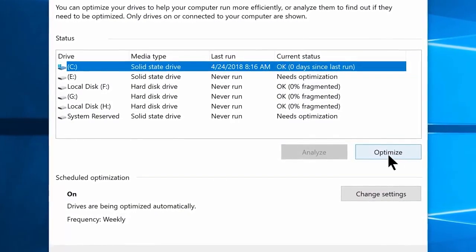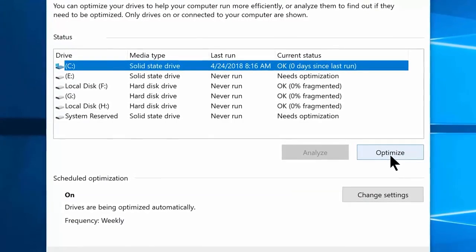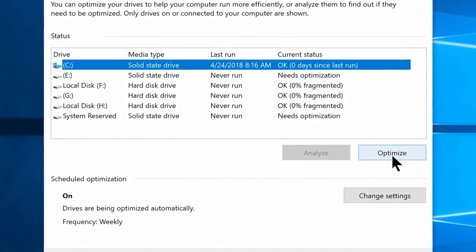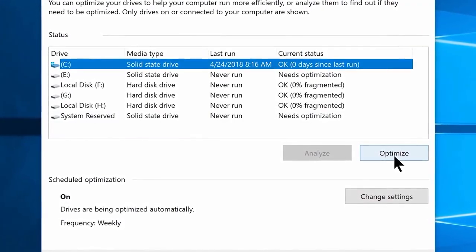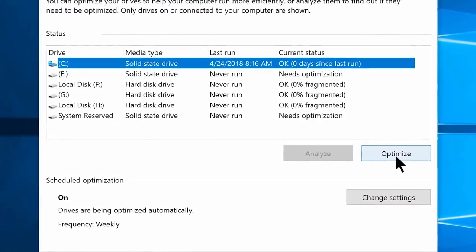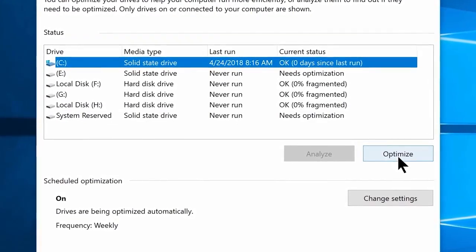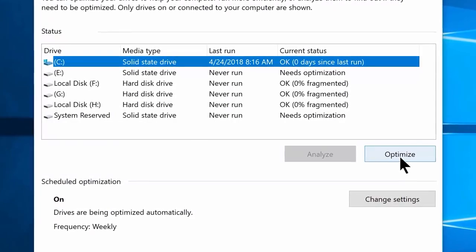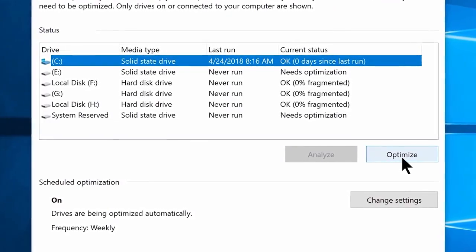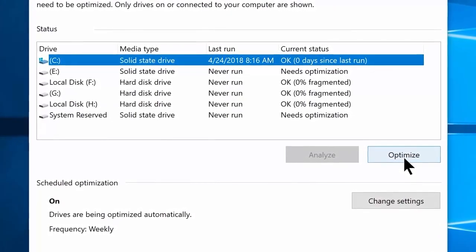But on the other hand, a solid state drive doesn't read or write files in a similar manner because it doesn't have any moving parts inside. We can say it's more like a memory card, so it's not necessary to defrag an SSD if you can avoid it. Also make sure you have defragged all your other drives in case you have multiple partitions,